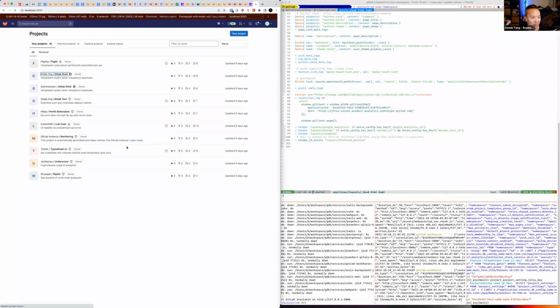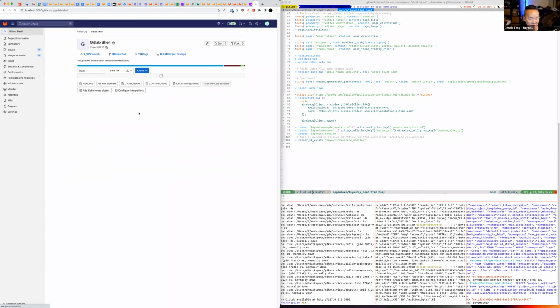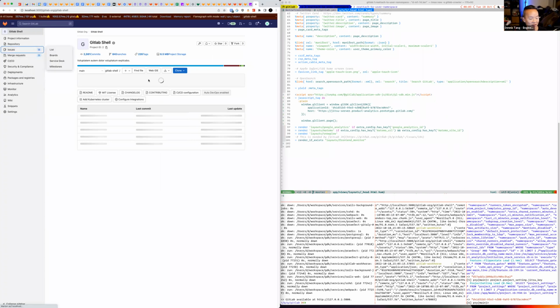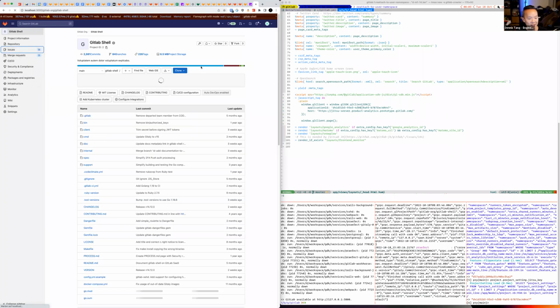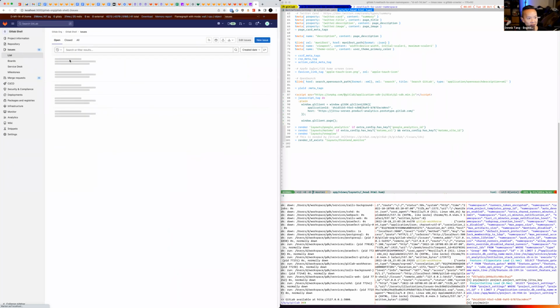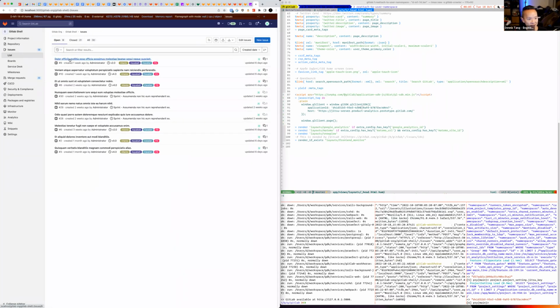So if I go to my GDK and just flip through a couple pages, go through GitLab shell. Obviously, this is a little weird because we're tying it to a specific project, but now we're gathering data on the entirety of the GDK. But we'll just go to the issues list, go through one more page, and then we'll just verify that the events are getting picked up